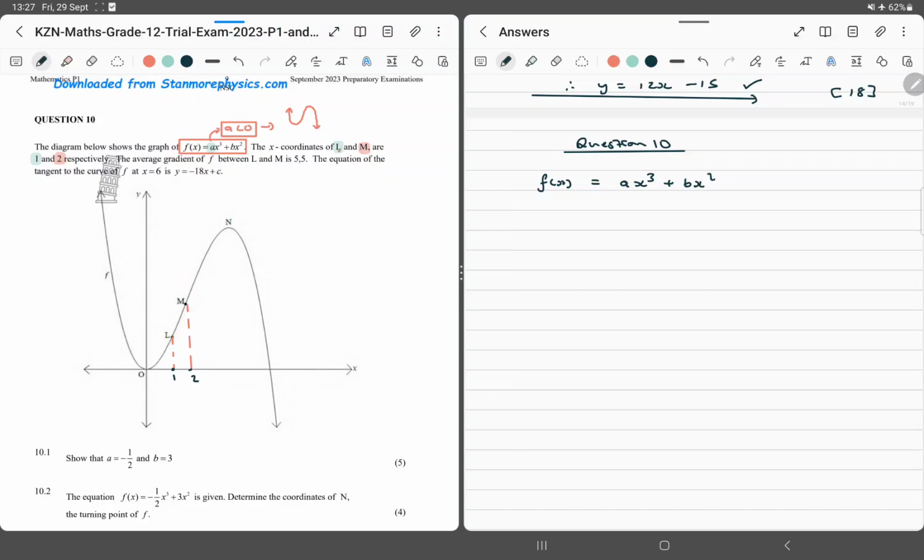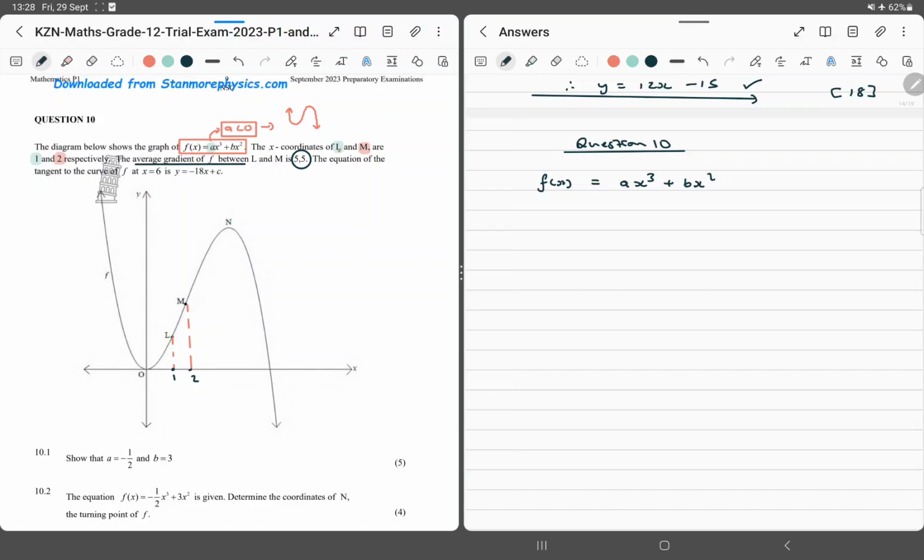So what we don't know is the corresponding y values, but we've got the equation, so it's fine. We can do the corresponding y values however we want. Okay, let's move on. The average gradient between L and M is